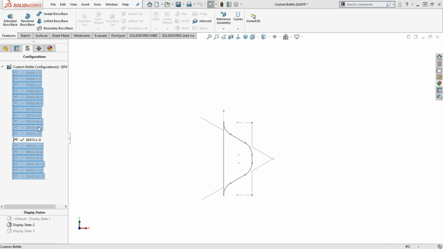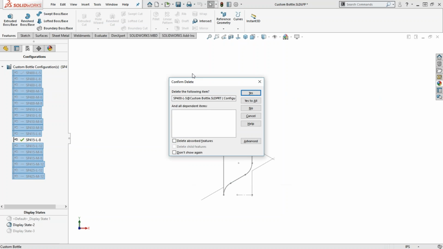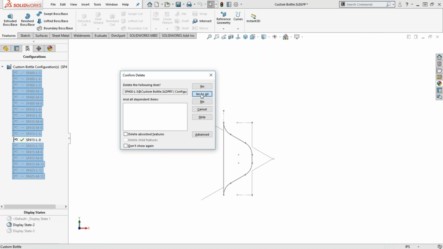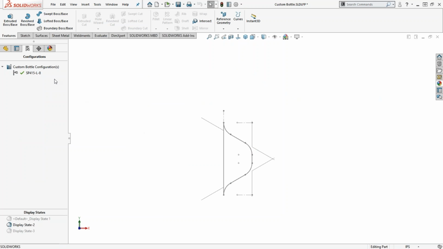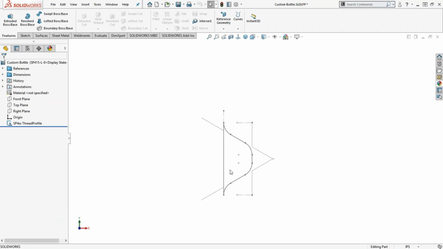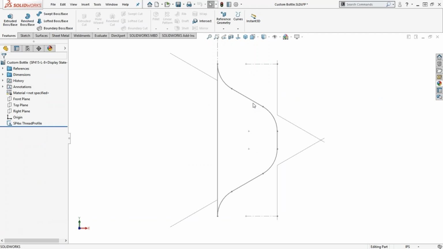I just hit the delete key on my keyboard while those were selected, and I'll say yes to all. Now with that configuration selected, I'll have to go back in and make my changes again. So